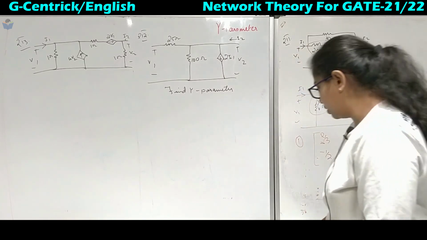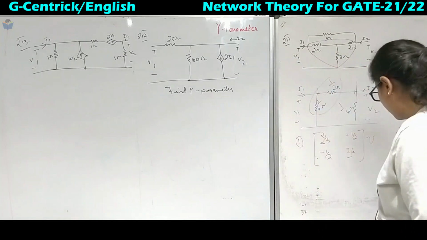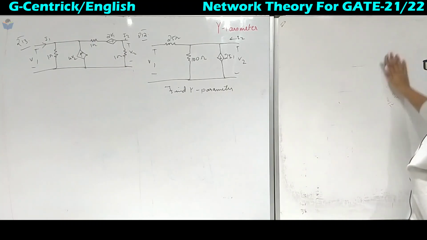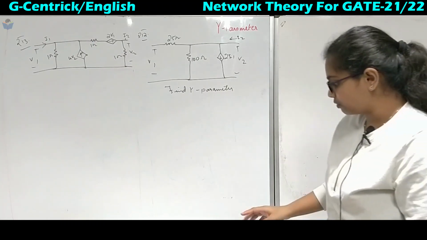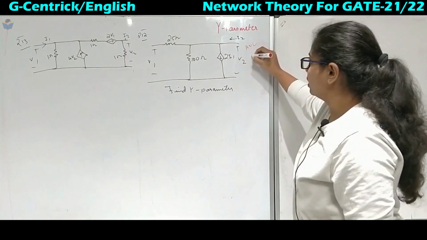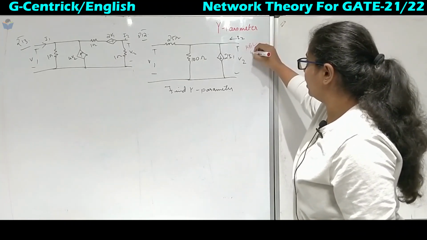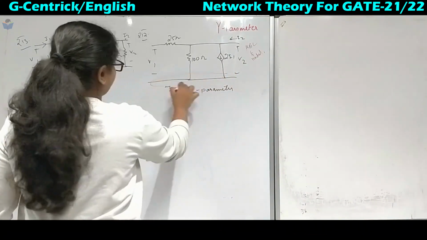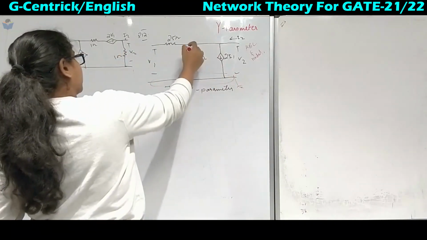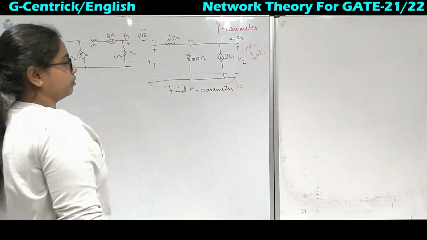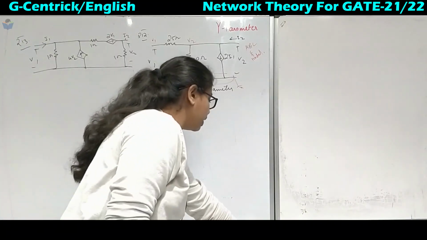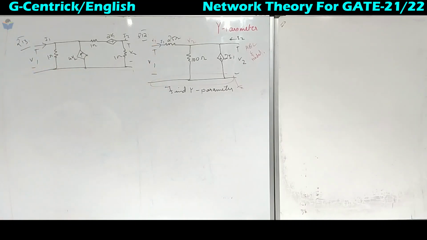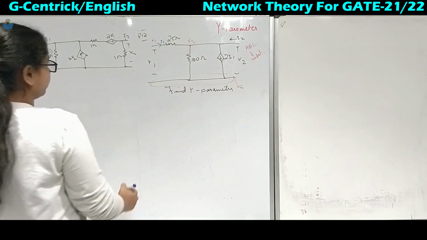Coming to the next one, we have to find again the Y parameter. Now we have got a dependent source also. So how to find this one? In the first lecture itself we have seen it is nothing but KVL, KCL and nodal. So we can apply nodal over here. So this is together grounded. So this parameter up to here is V2 and this is V1. Now we will apply nodal analysis. This current is I1, and it is incoming.